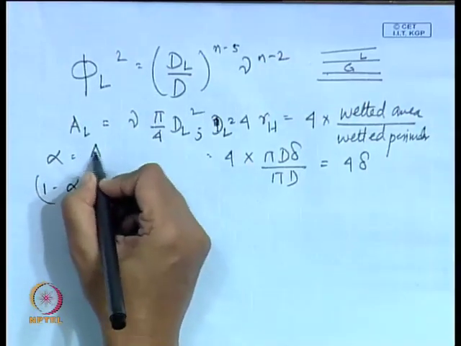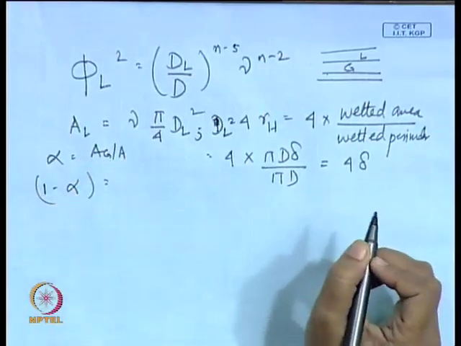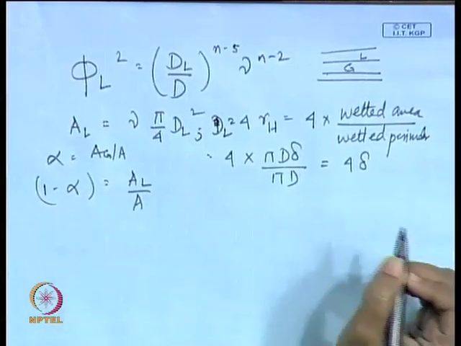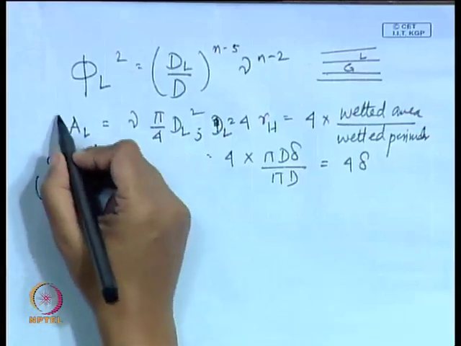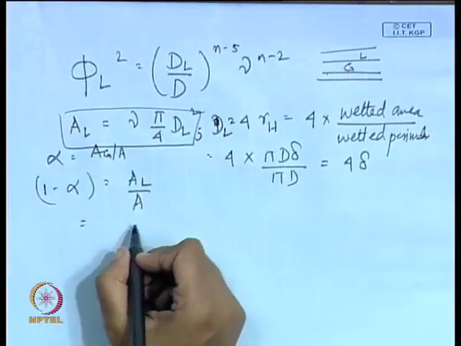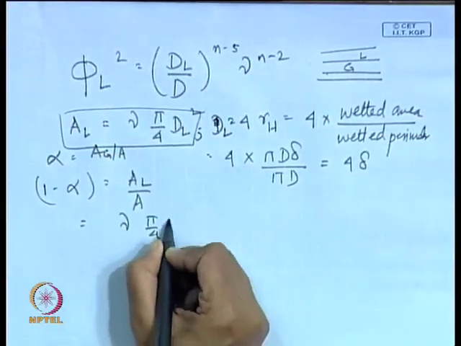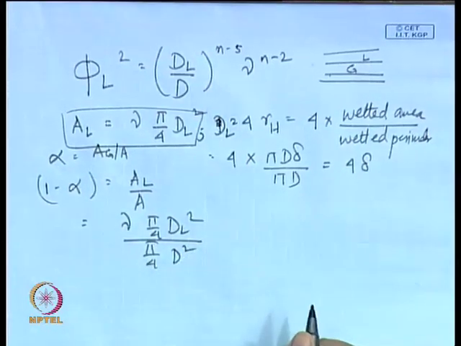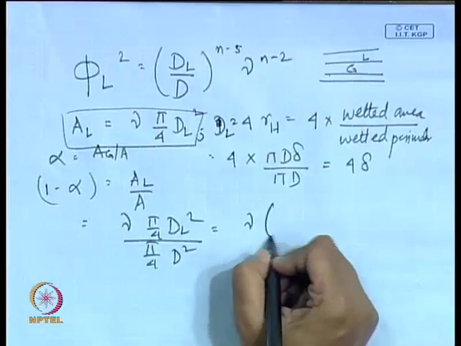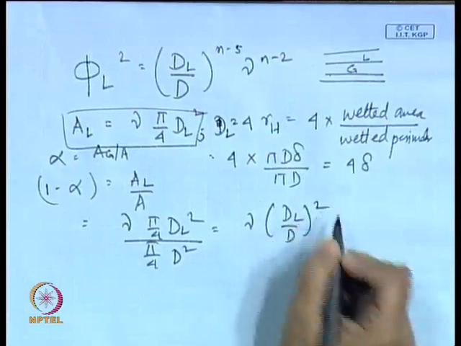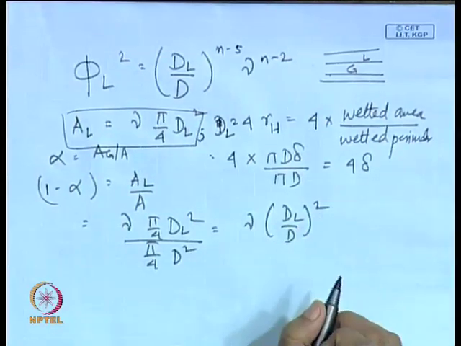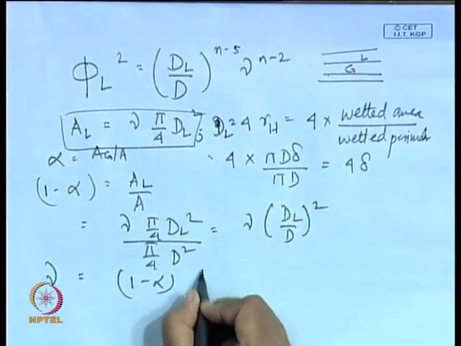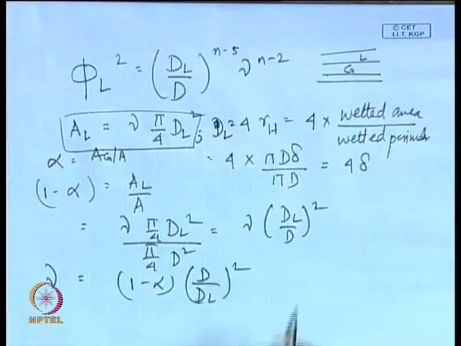Alpha equals A_G by A, agreed. 1 minus alpha should be A_L by A, agreed. What is A_L? I have already written it down. It is gamma pi by 4 d_L square by pi by 4 d square, fine. Or in other words, this is gamma (d_L by d) whole square, agreed. So, what is gamma? The shape factor, this is equal to 1 minus alpha (d by d_L) whole square,